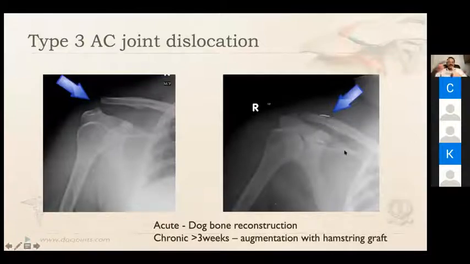There will be 4 strands of fiber tape which goes through the clavicle and into the acromion. There is a jig which helps in drilling the hole, and you tie on the top, and the same tape can be used to fix the AC joint as well. The CC and AC both can be reconstructed, and if it's a chronic or a subacute one, you can pass a hamstring graft over the clavicle and under the coracoid, which will make the repair even stronger.